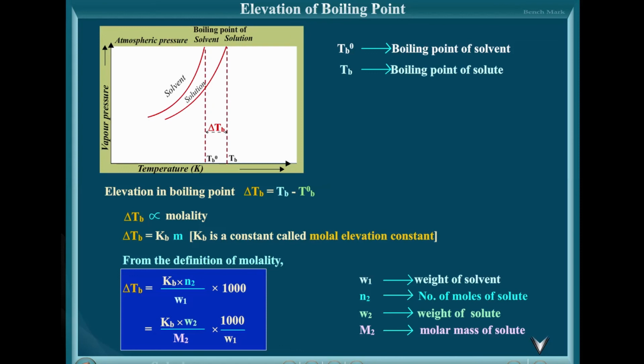We have discussed how to determine the molar mass of an unknown non-volatile solute using the relative lowering of vapor pressure. In this case, we are determining the molar mass of an unknown